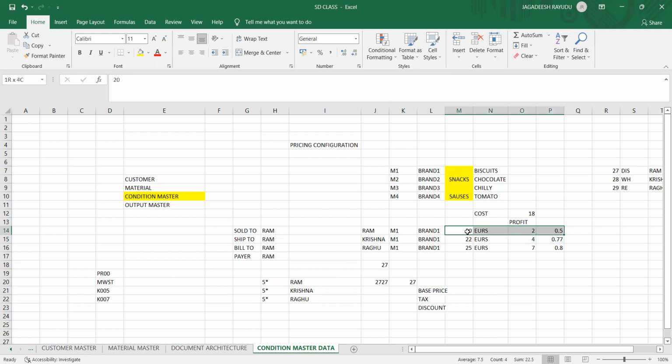I'm just taking it here. Base price is 20 euros. If I go for 272728, that means the wholesale price is this. In the similar way, now we maintain 2727 and 29 as the retail price. This is the customer material combination where I maintain the condition record. Suppose the customer is not there, only material. So if I go back to the same thing,